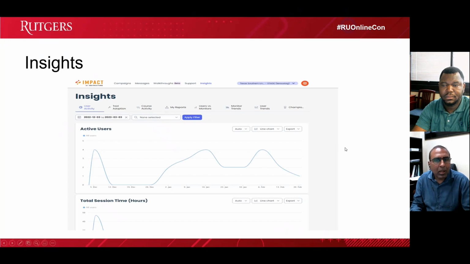So then last, but something we want to really discuss, which is very important, are the insights. These are the data analytics. If you look at this case, the user activity is being generated, and then it gives you a neat graph of how many users are active on every day, and so on and so forth. We'll talk about them